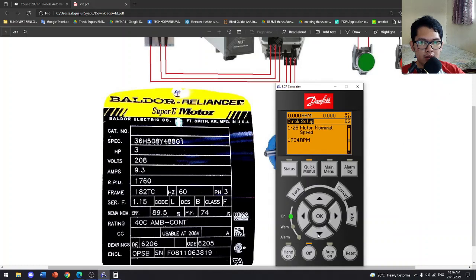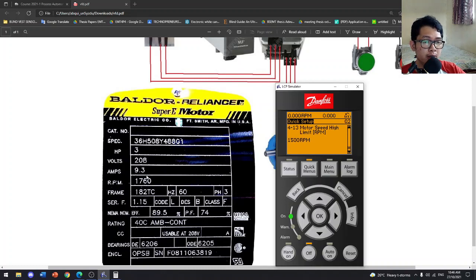Proceed to the next option. Next is motor nominal speed. So our motor nominal speed is 1760. Okay, change this one into 1760. Okay, and then next is motor speed high limit.